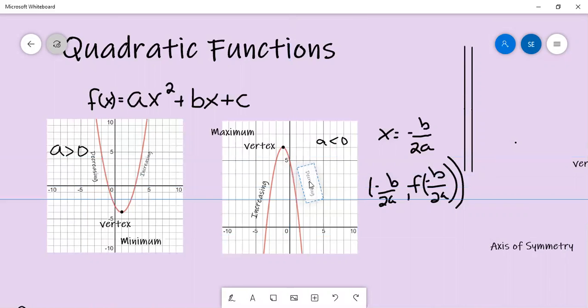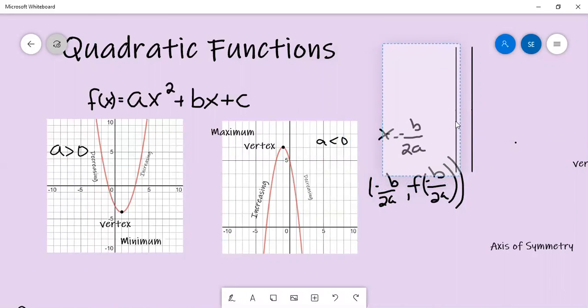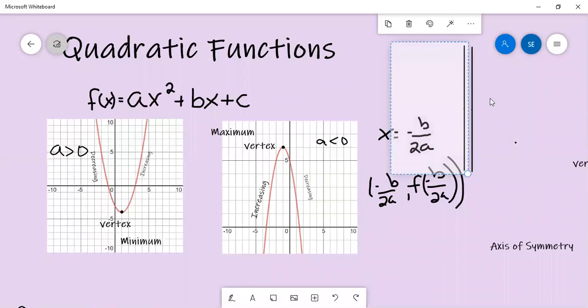The final thing that we need to know about parabolas is that there's an axis of symmetry. The axis of symmetry is a vertical line that passes through